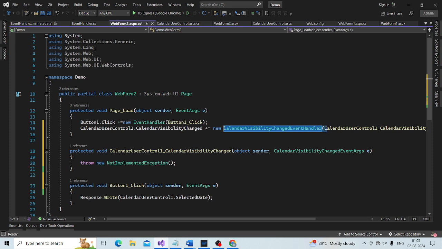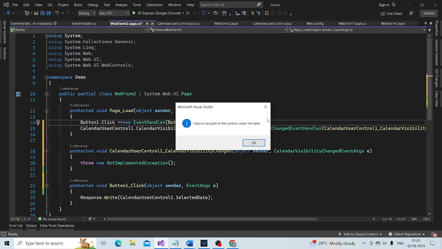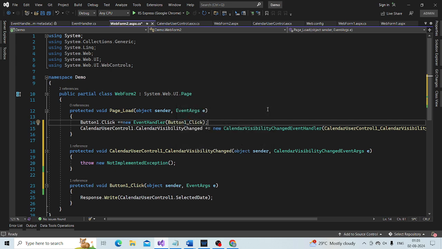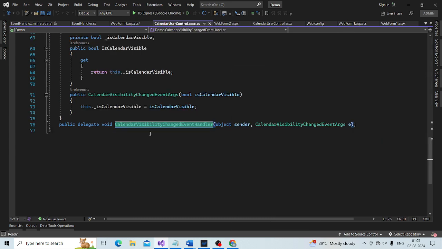Go to the definition of this delegate. The signature of the function matches the signature of the delegate. Where is the delegate? Here.